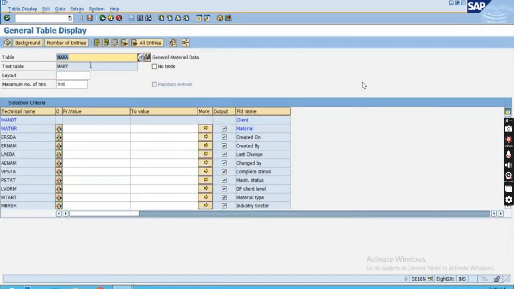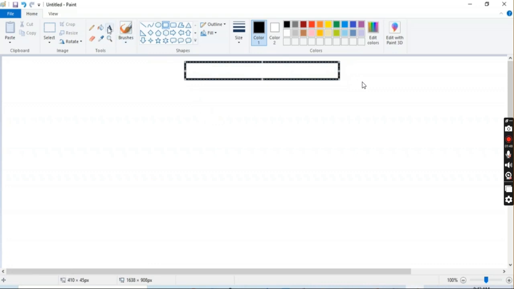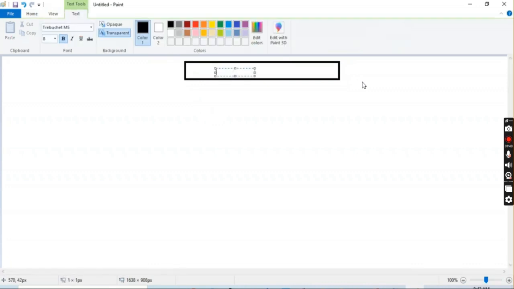Okay, so when we talk about the ABAP List Viewer, it is of two types generally. When you talk about the ABAP List Viewer, it is of two types: